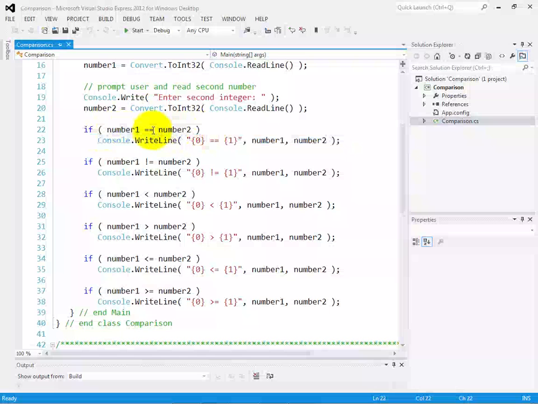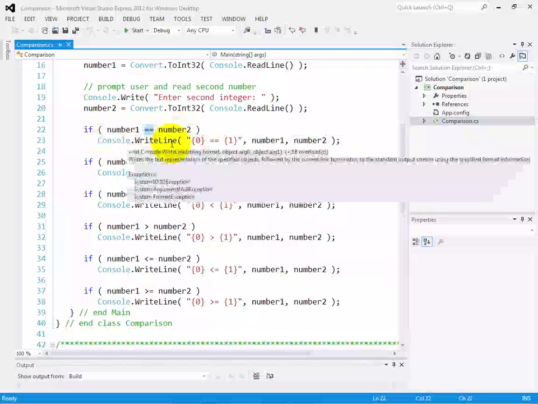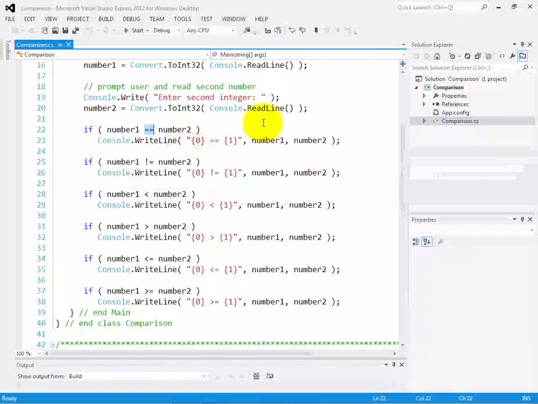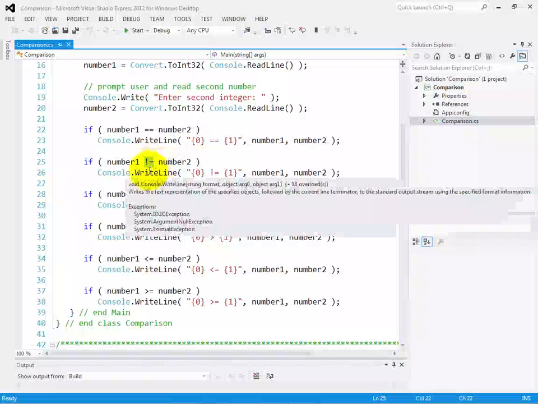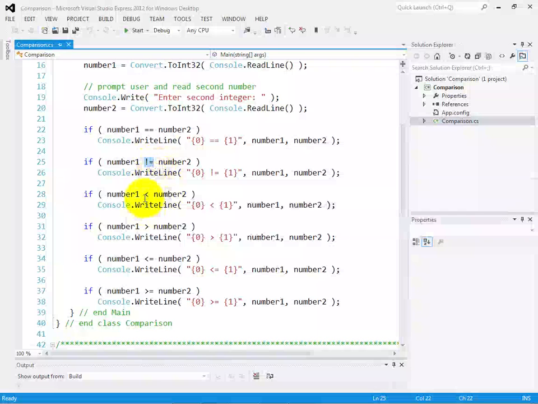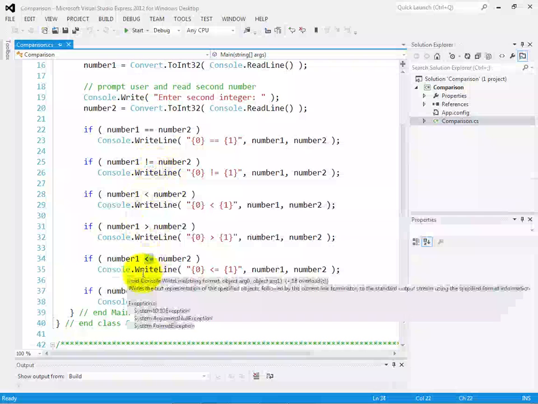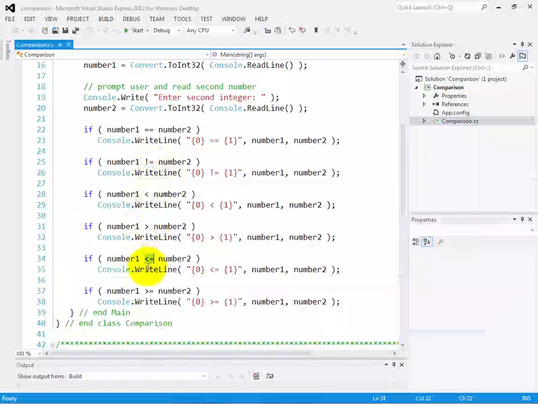The relational and equality operators: the equals operator is the double equal sign, just as in C, C++, Java, and Objective-C. Some languages use a single equal sign for that. The not equals is the exclamation point followed by an equal sign. Less than and greater than are straightforward, and for any multi-character operator, you always want to make sure you provide them with no space between the characters. So less than or equal to is less than, equal sign with nothing in between,